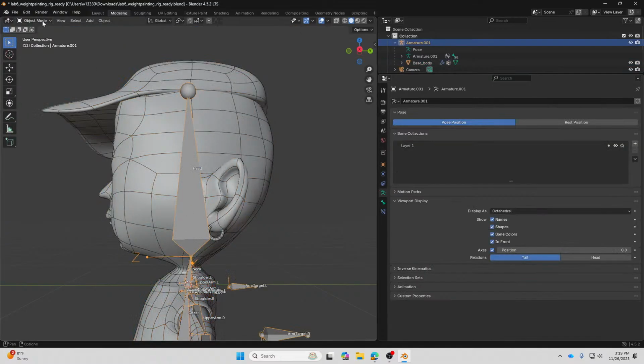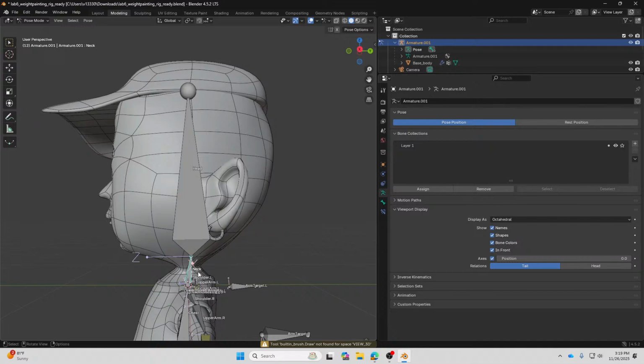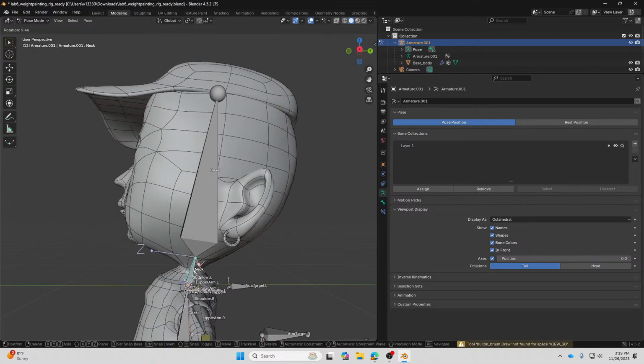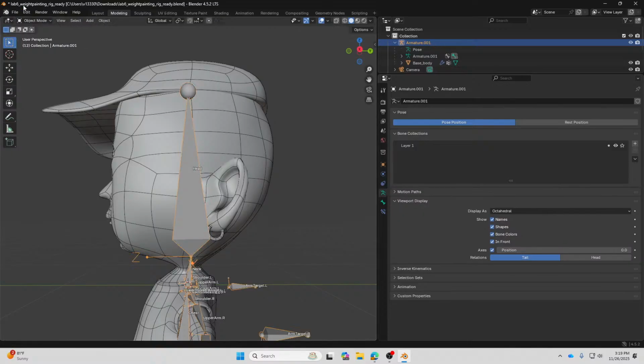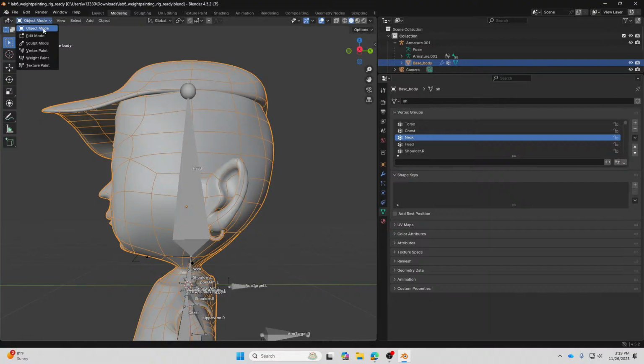When I try to move the neck here, it doesn't show because the head here is having full influence. But basically, okay, let's go back to this weight paint.